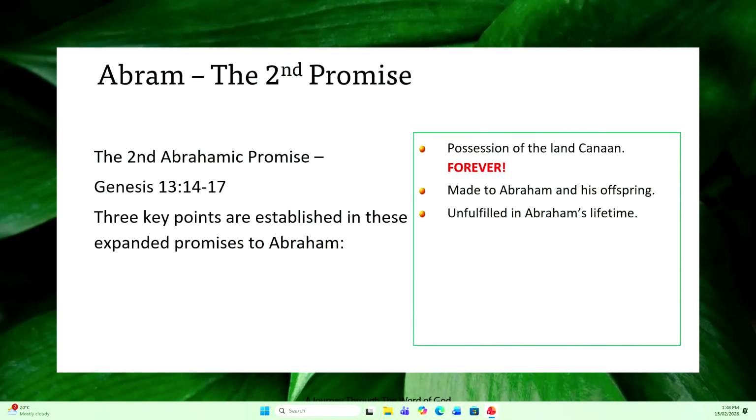I want you to look northward, southward, eastward and westward. For all the land which you see, which would have been a lot because he's up high, he can look around, all the land that you can see, I'm going to give to you and to your descendants forever. All right. You can keep reading that in your own time. So, it's pretty interesting that God got Abraham to look around.